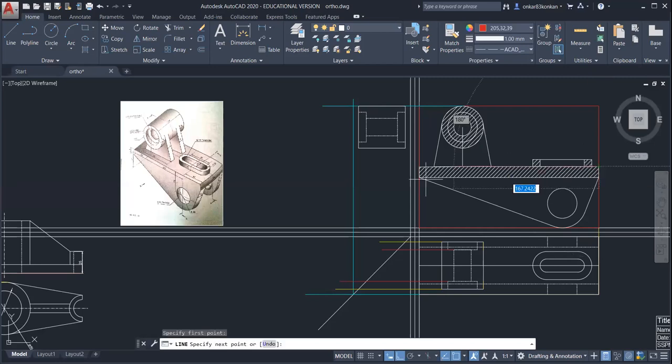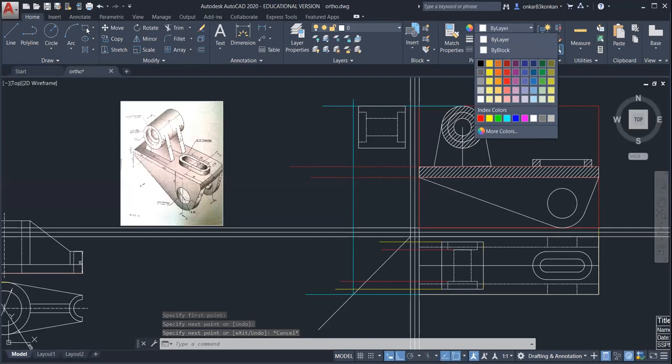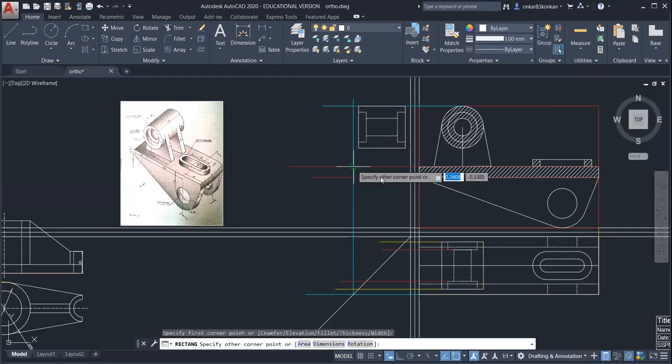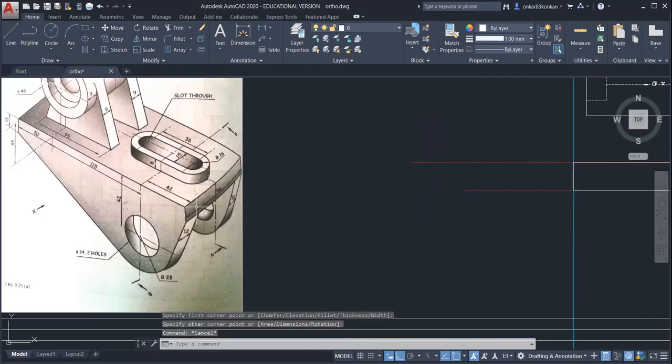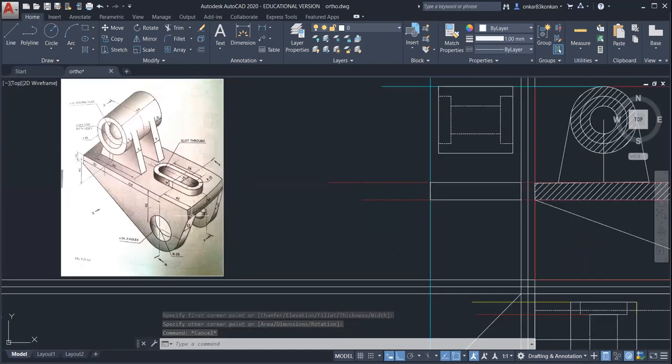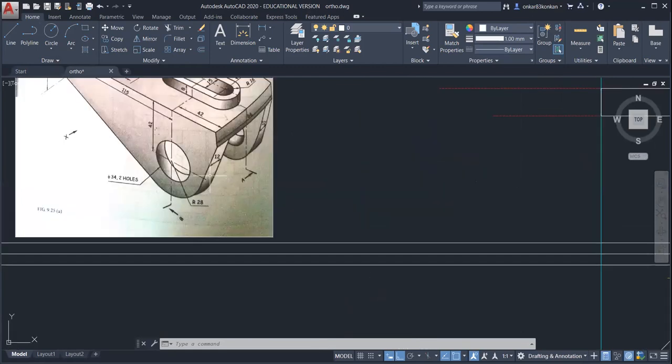So from this corner, draw one horizontal line. So select here by layer. You can select the rectangle. Okay, so this rectangle, it is for this feature. Okay. And this part, it will appear as a straight rectangle in the side view.